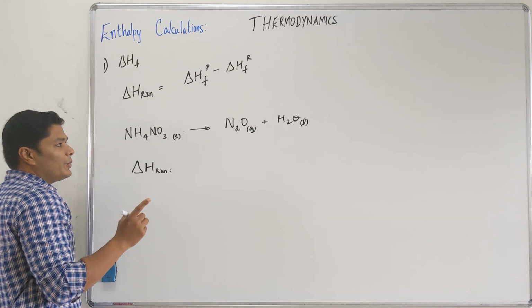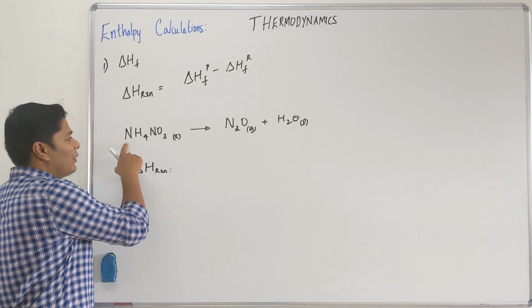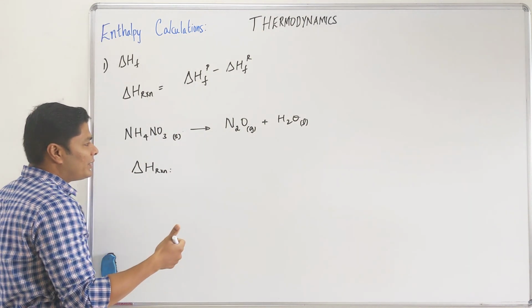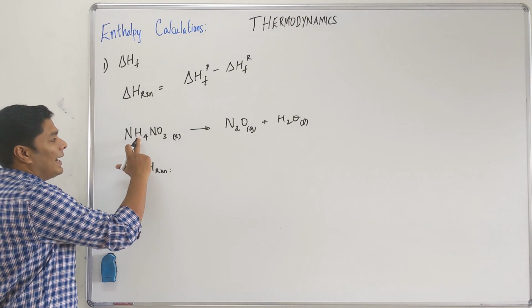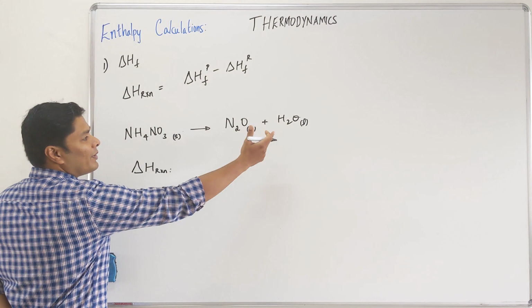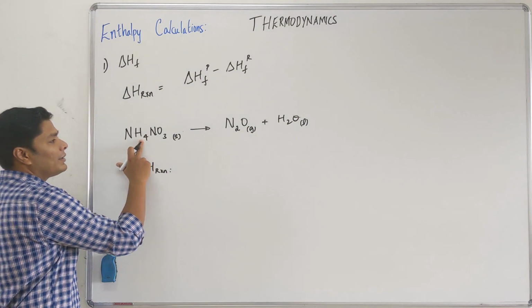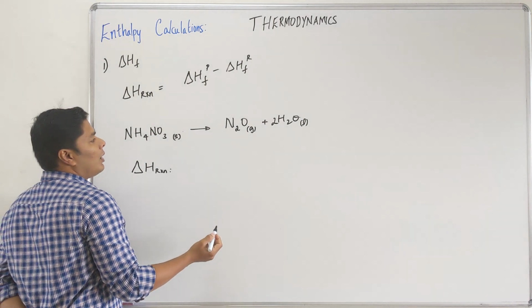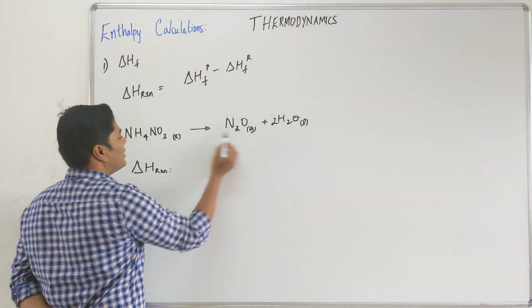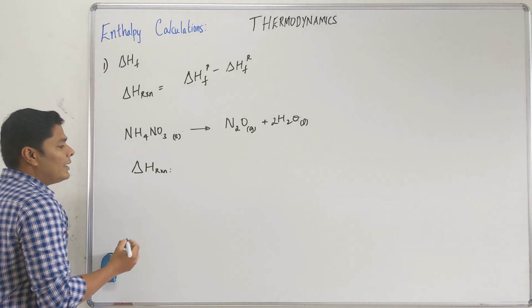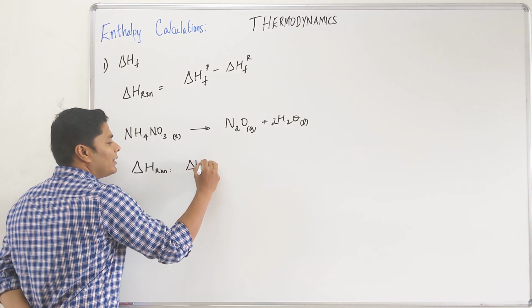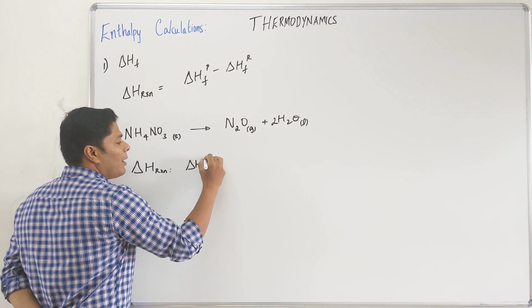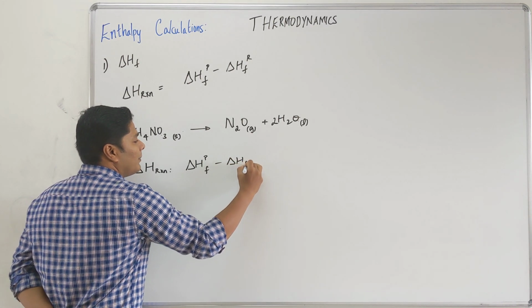First we want to make sure that the given equation is balanced. There are two nitrogens, I am good with nitrogen. Then I am going to look with hydrogens because oxygen is present in 2 different places. So hydrogens, 4 hydrogens, 2 of them, so that's 2. Okay. Now when you look at oxygen, 1 plus 2 is 3, I am good. Delta H of reaction is delta H of formation of product minus delta H of formation of reactant.